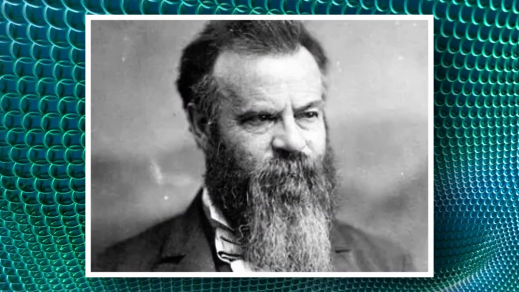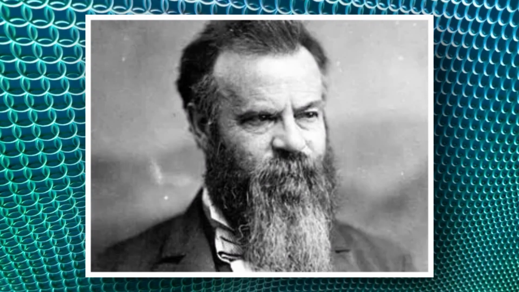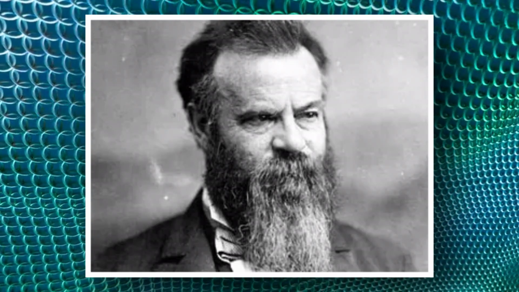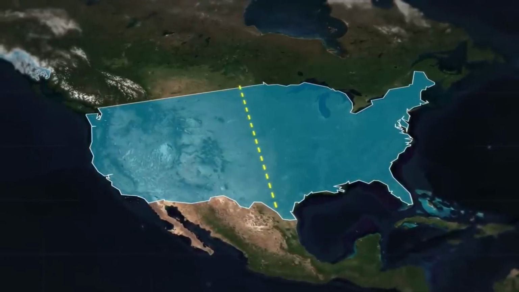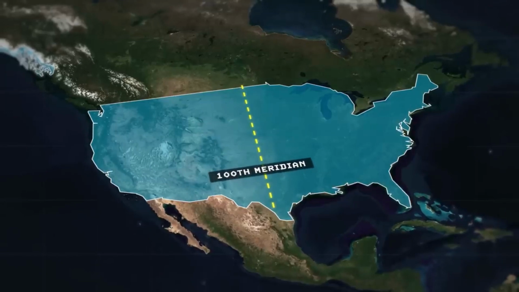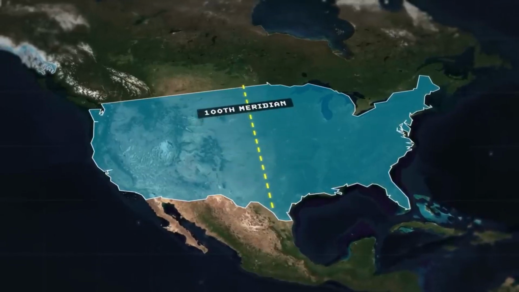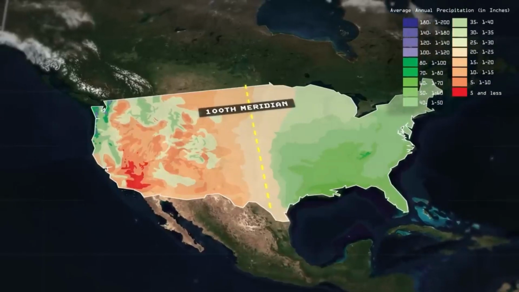John Wesley Powell, a geologist and the first director of the United States Geological Survey, recognized the reality of this line in 1878. John Wesley Powell observed that it rained more in the east than in the west, leading him to draw a line at the 100th meridian longitude to mark the boundary between the rainy east and the arid west. This line is close to the current line, which is seen on modern maps of annual precipitation levels in